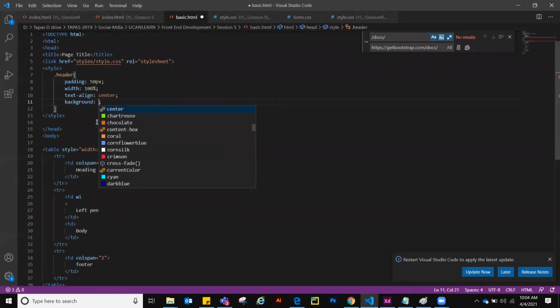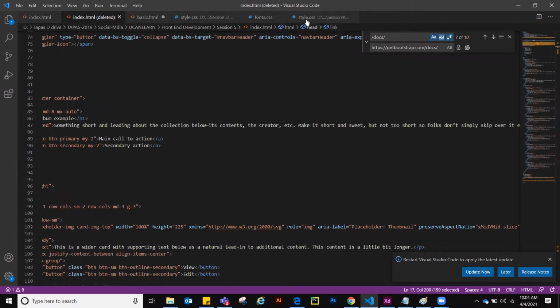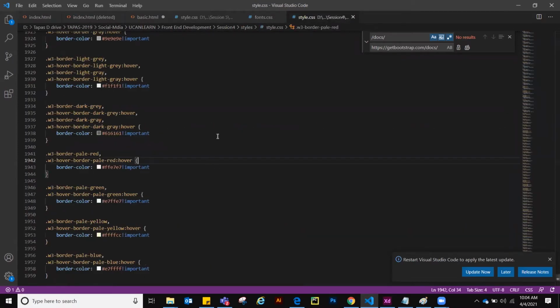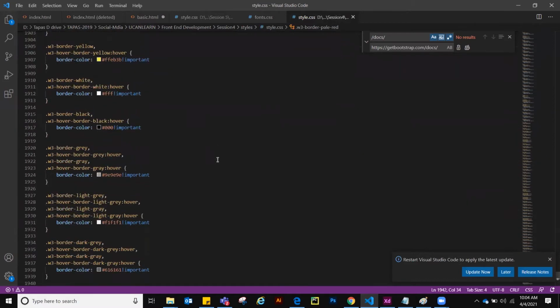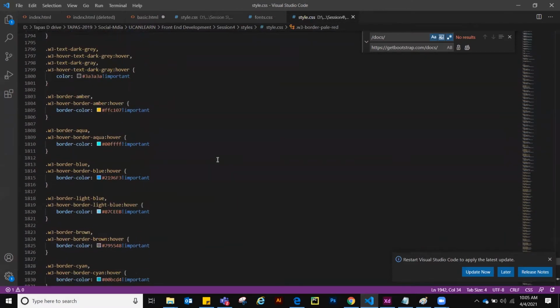So I am going to use background. I just put this background, then we will have some confusion. So in this case I am going to take help from some existing CSS which is there, because for everyone there may be some kind of confusion.